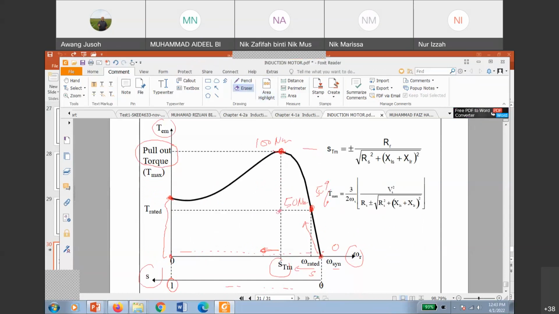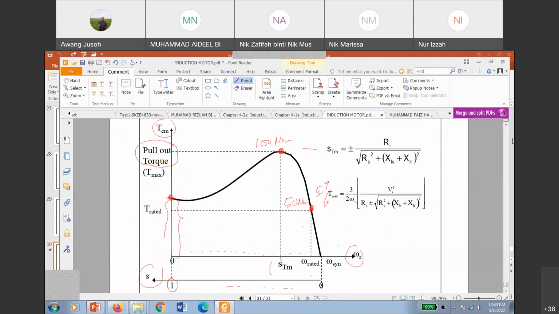It's very important. And as I mentioned just now, when you do the calculation for the induction motor, you only use 3 conditions of slip. What are the conditions for slip? The first one is starting. Starting means you have to use slip equal to 1. When the slip equals 1, the motor produces starting torque. That's the first thing you need to know.